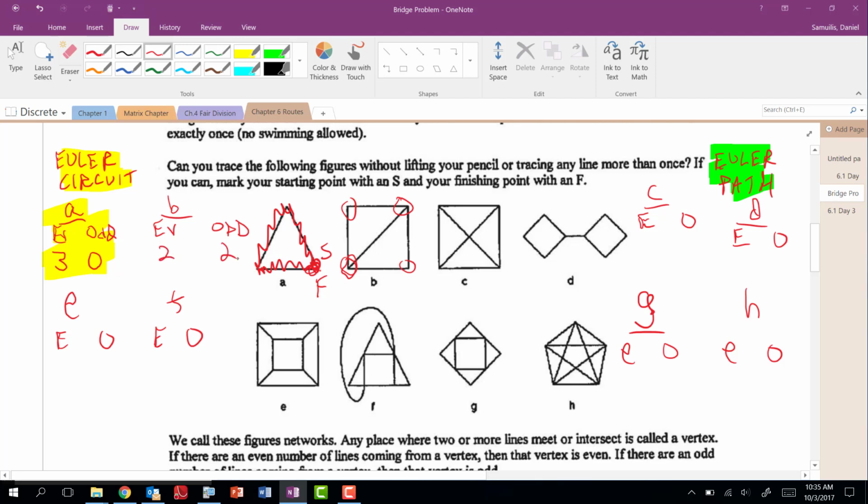Now the next question. Were you able to trace along all the edges and hit every edge exactly once? Yes or no? And the answer is yes, but maybe not right away. I'm not going to do this for every drawing, but here's the spirit of it. If you started here, I go here, here, I'm already in trouble, because if I go up, then I have to use another edge again.